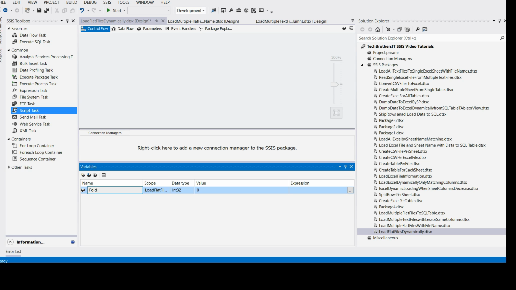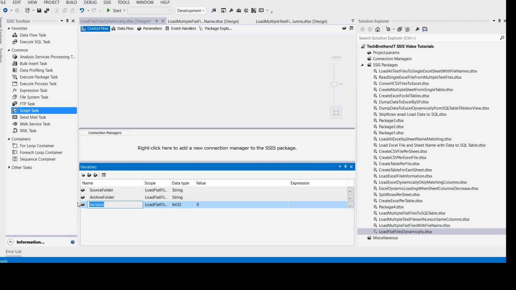So first of all, folder path as source folder, that's where our files are. And think about that in QA, UAT, and production, this path can be totally different for your source, where the files will be. Archive folder, that's where you would like to archive your files after loading, and you will add a date time part to it. Now we have a log folder, that's where we would like to create the log in case an error happens